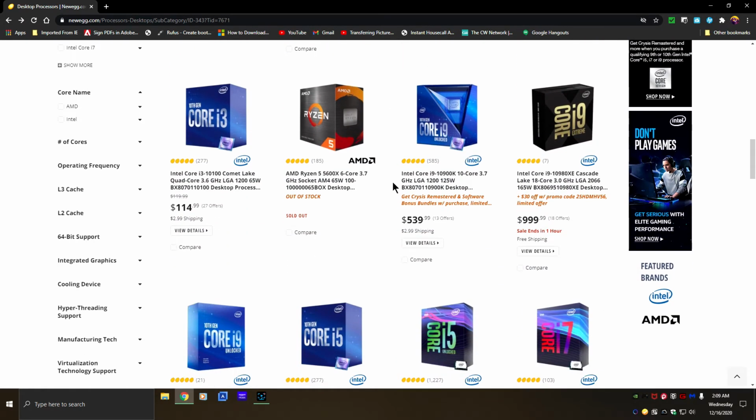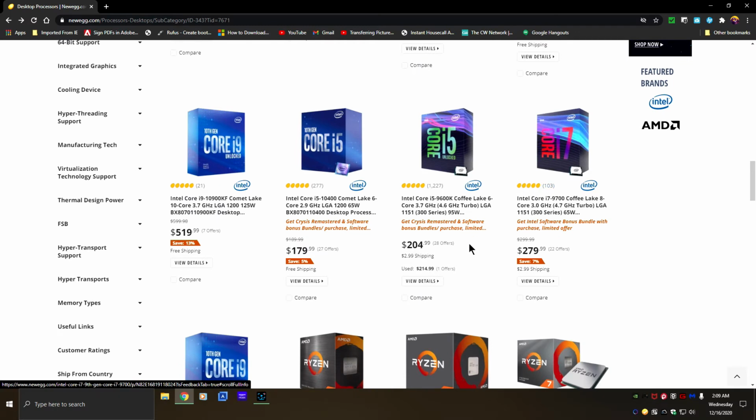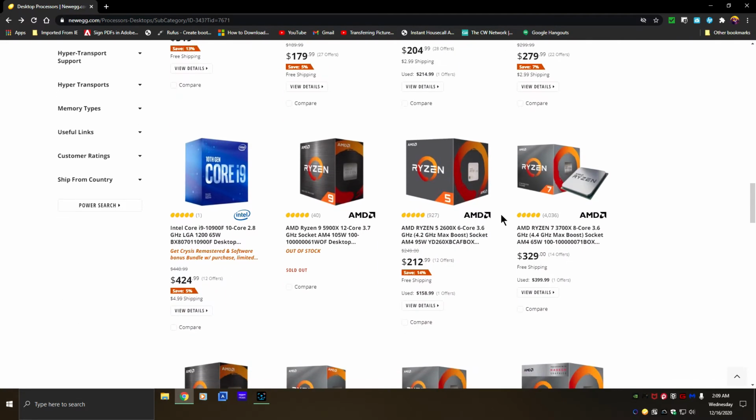So when you get a processor that says 5600, 900, then you know that this right here is a 5th generation chip, and this is a 10th generation chip. This is also a 10th generation chip. So now that you know the differences with these numbers and what chips they are, you can actually shop with more confidence, knowing that if someone is trying to sell you a processor that is used, that has the numbers,